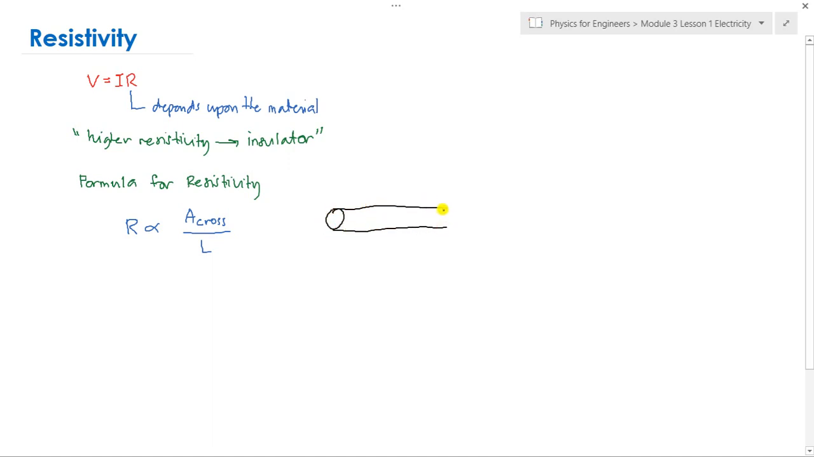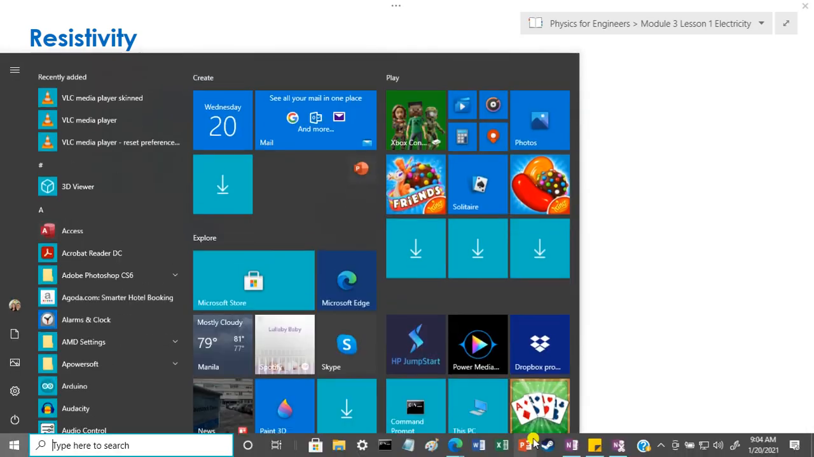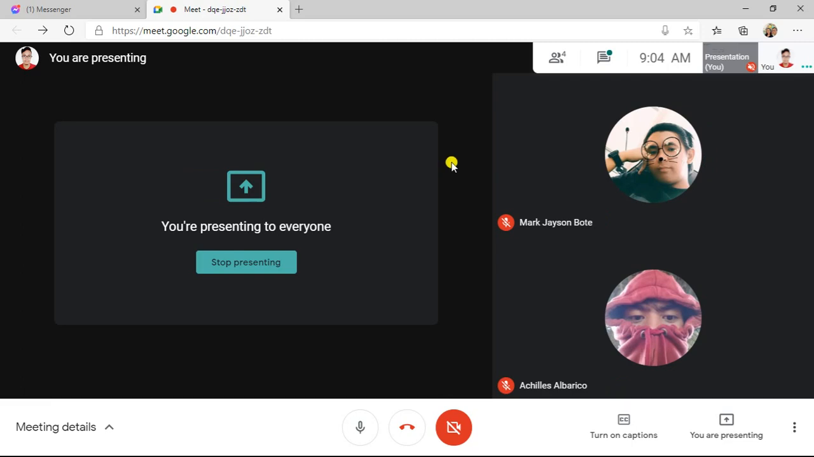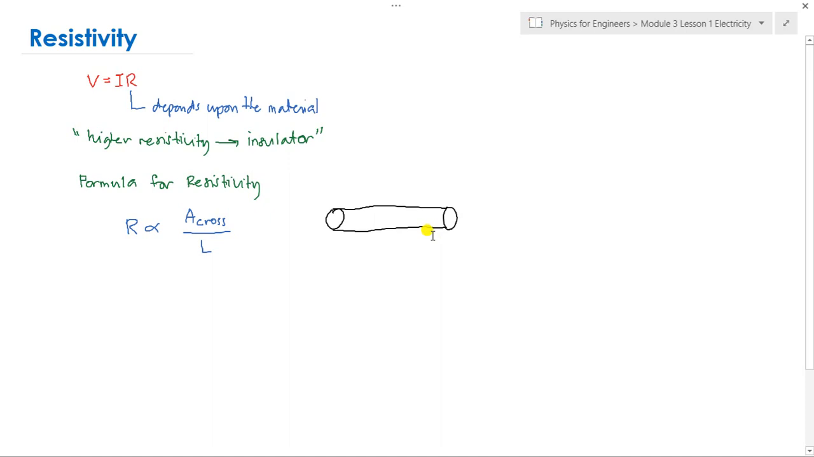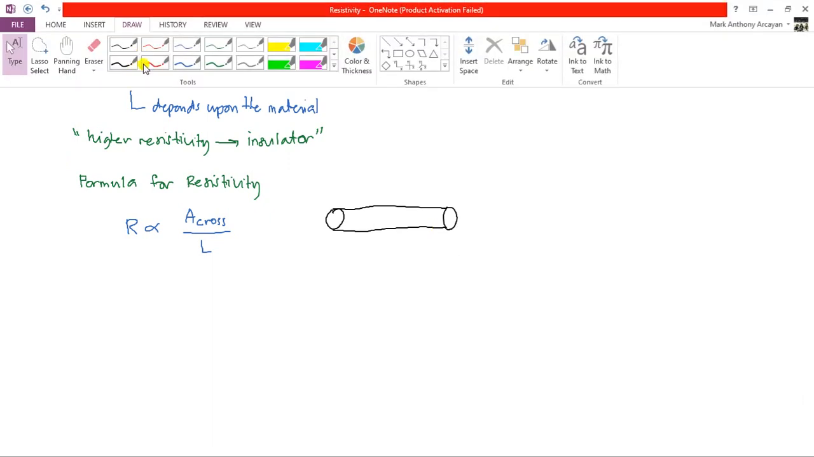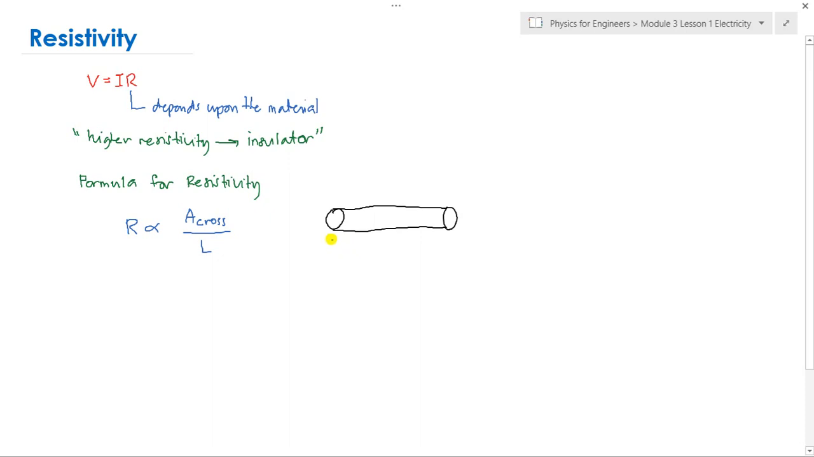So gi-zoom nato kuno ang usa ka portion sa wire. So usa na siya ka portion sa wire. So here kanatong wire, of course, has a length, and of course it has the diameter, or in terms of area, this is its cross-sectional area. So meaning ang resistance sa ato ang material or our conductor is directly proportional sa